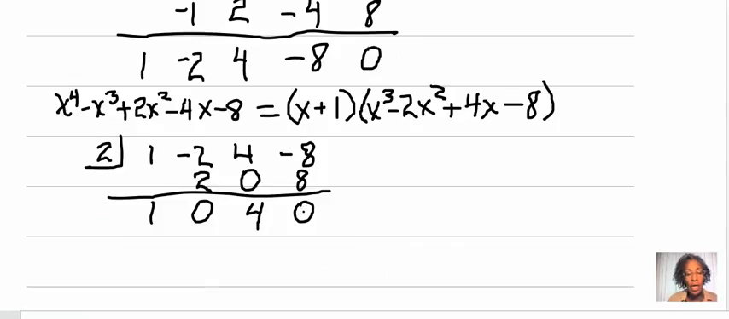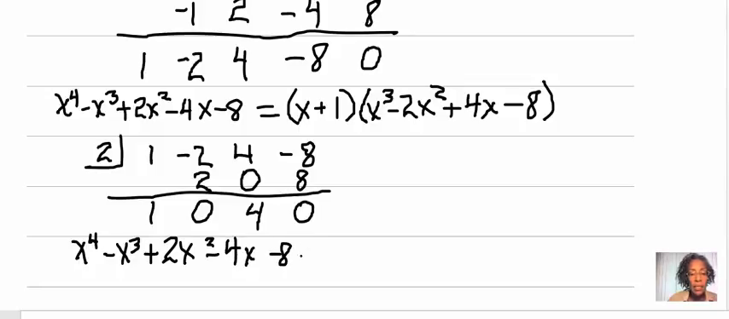I know that 2 also has to be a root of this polynomial, which is 1 degree less than my original polynomial. So what does this tell me? That's the important thing here. This tells me that x to the 4th minus x cubed plus 2x squared minus 4x minus 8 equals x plus 1. So I'm just carrying down the previous factor